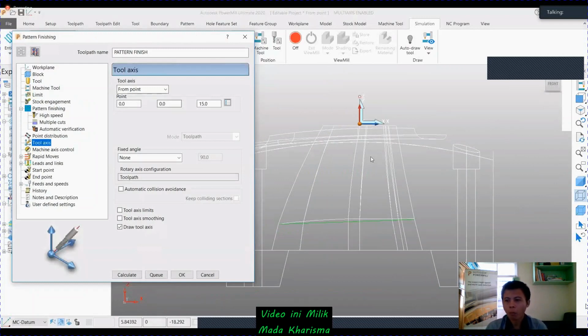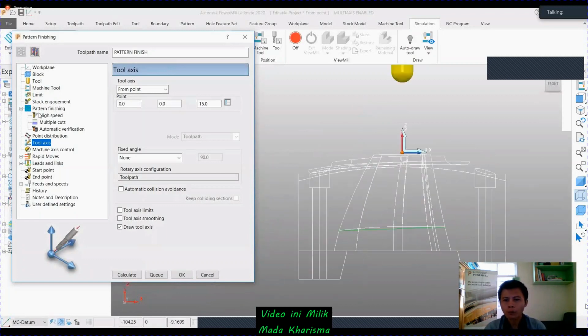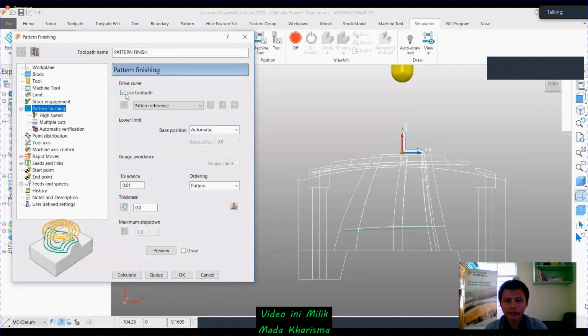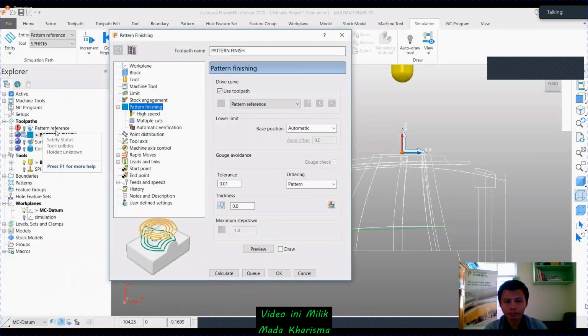So if you come to the pattern finishing toolpath, in the drive curve, I'm using toolpath as reference. That means the one we previously generated. Pattern reference: I'm going to use a toolpath instead of a pattern. Here I'm using a toolpath as pattern. Just calculate it.